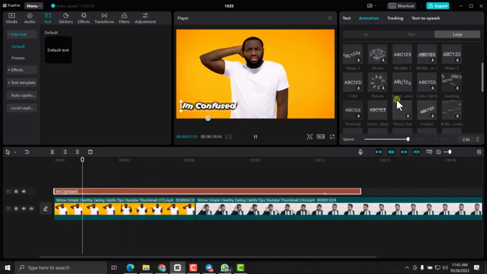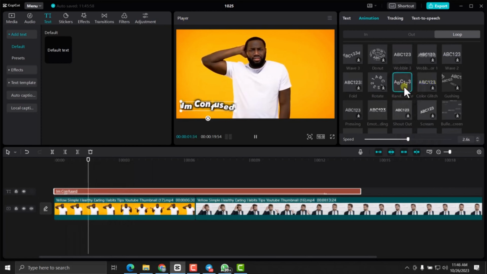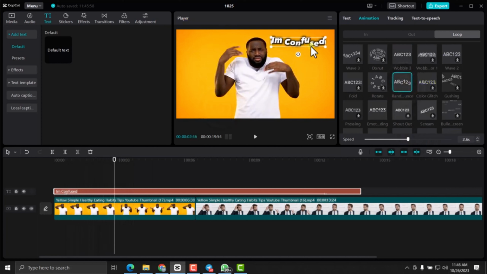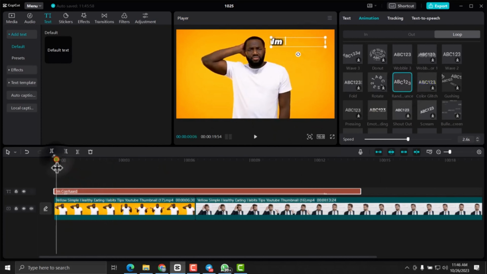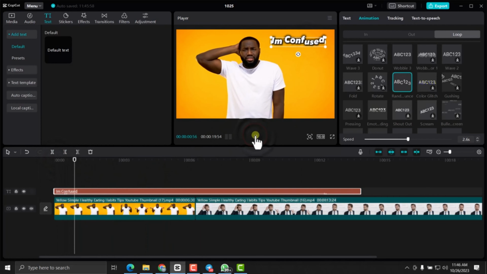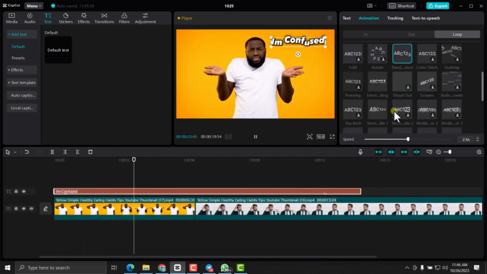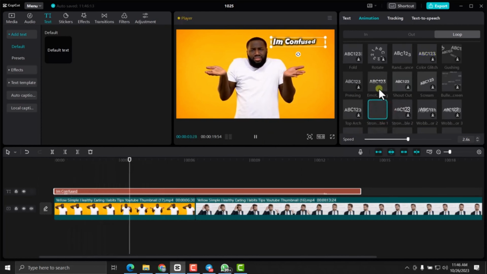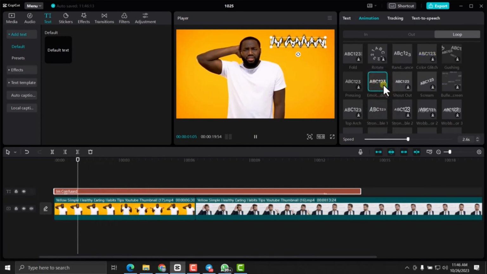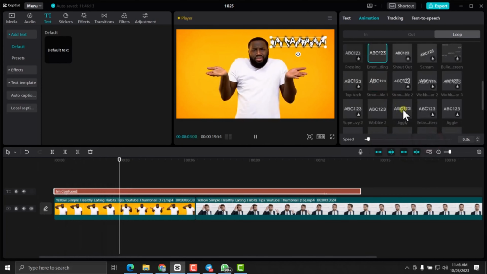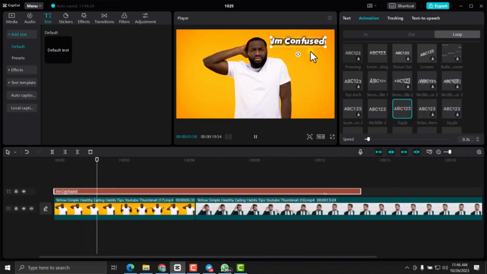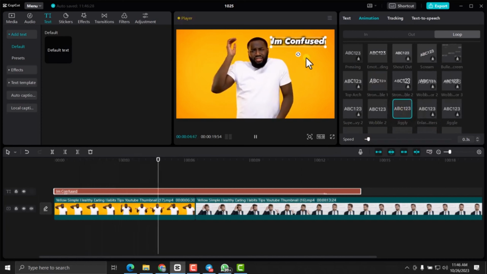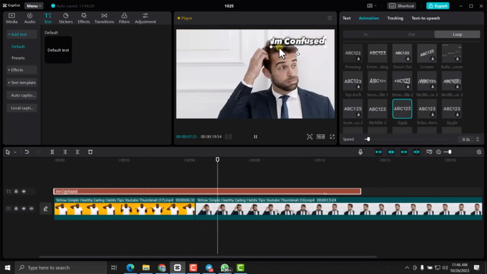So we can actually use this wobble. You can place it on his head so that people get to understand more and feel more entertained. As you can see what it's doing. So we have a lot of them that you can use. You can see what it's doing. I love this one actually. And so this is how you can easily